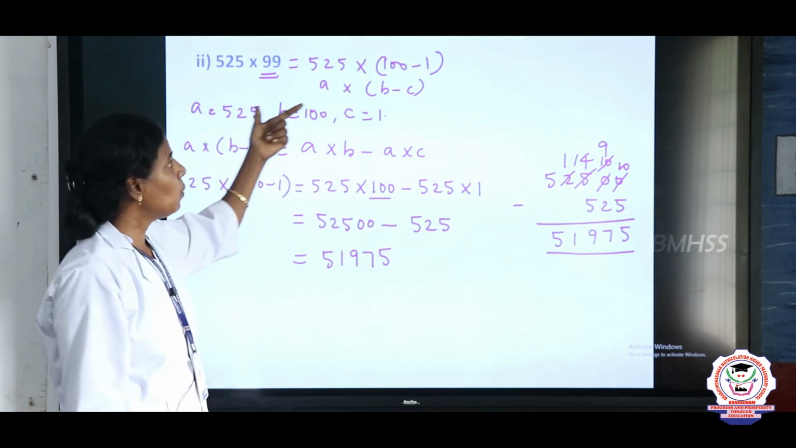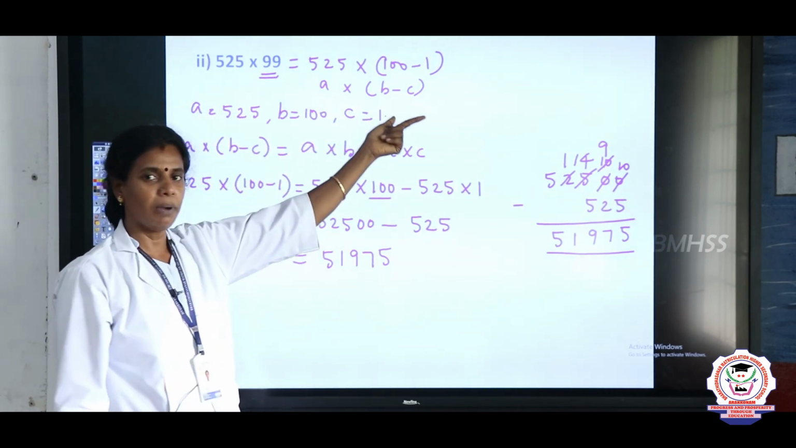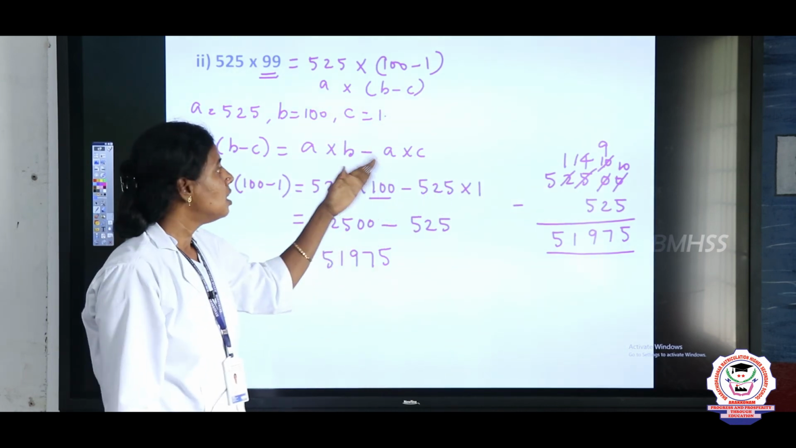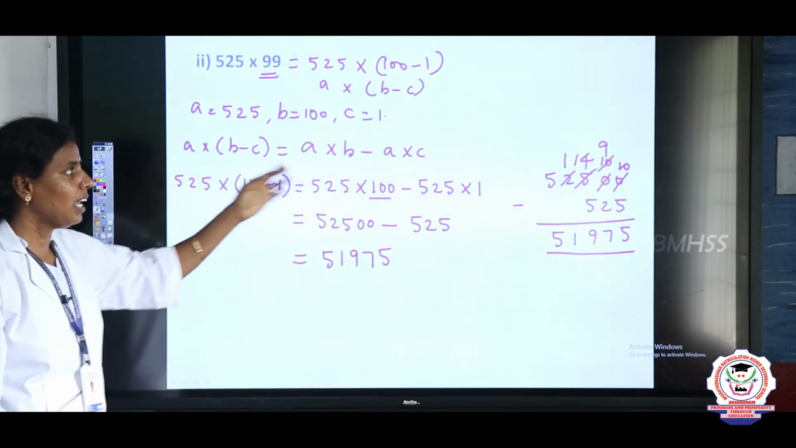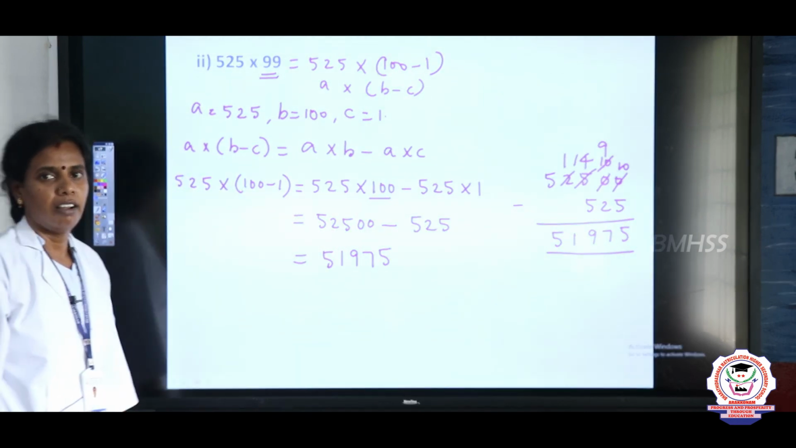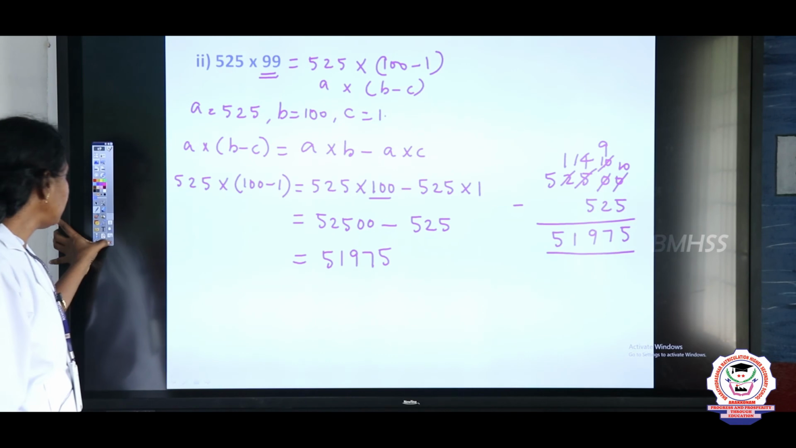So far we have seen the distributive property of multiplication over addition and multiplication over subtraction. In this, if the question is given in the form of A into B minus C, we will find using A into B minus A into C. Or else if A into B minus A into C is given, we will find it with A into B minus C, right? And then one more property which is given here is